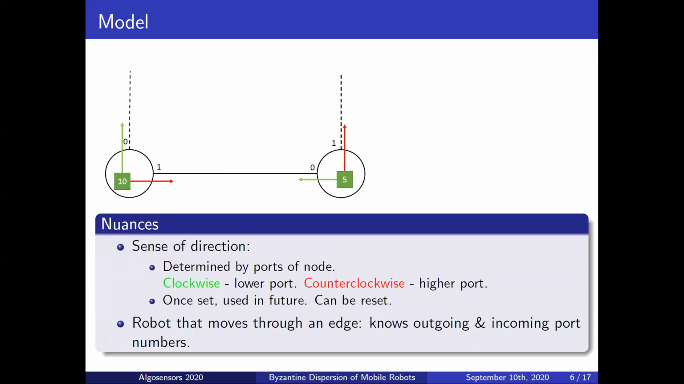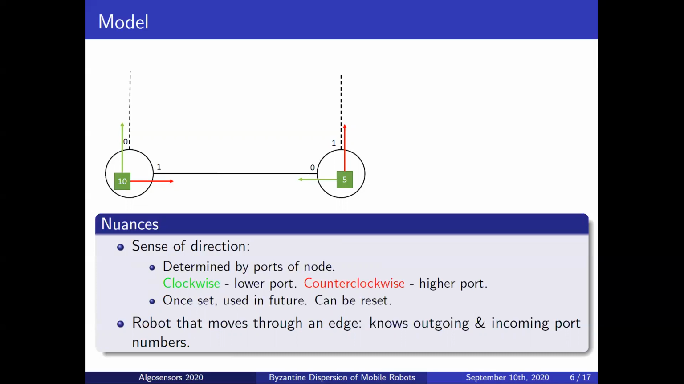Now, let's look at a few nuances of this model. They're needed for the algorithms that we develop later. First of all, robots can have a sense of direction, but the sense of direction, we define it as follows. Initially, when a robot sets its sense of direction, it looks at the ports around it, and the port with the lower port number is considered clockwise, and the other one is considered counterclockwise. And after that, this sense of direction can be set and unchanged. So even if a robot moves to another node, it'll maintain one direction as clockwise forevermore, and the other as counterclockwise. But using the technique that we described earlier, sense of direction can be reset,